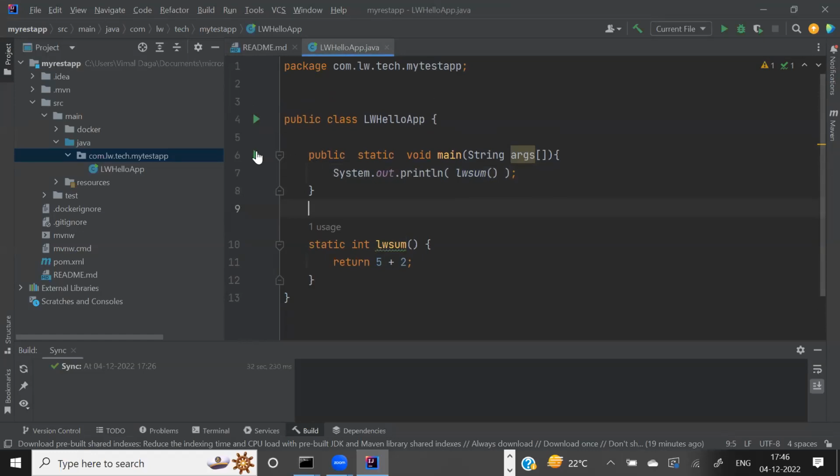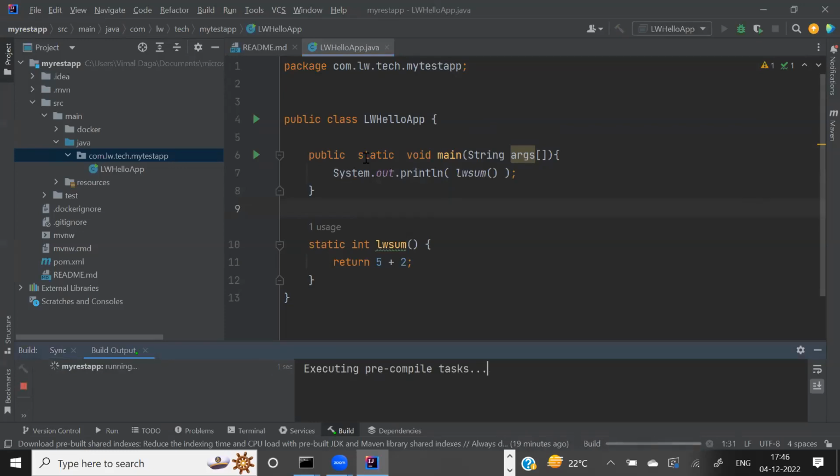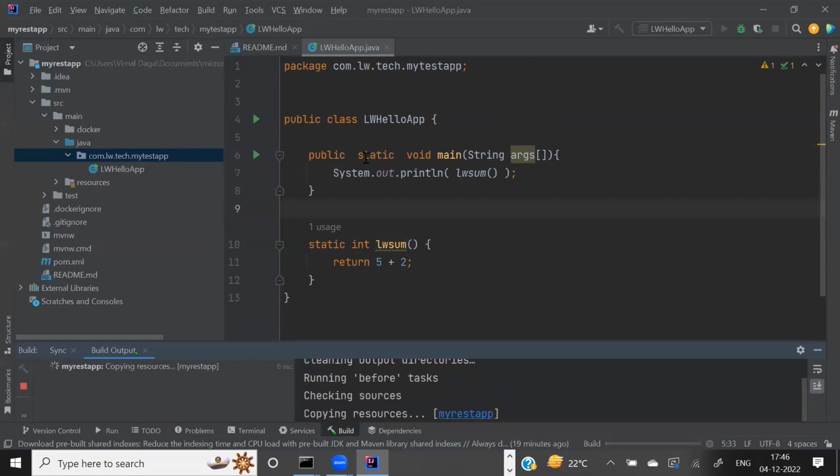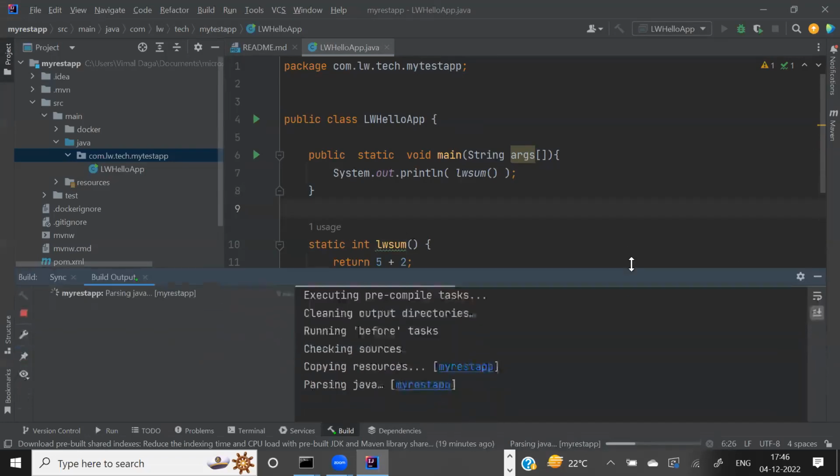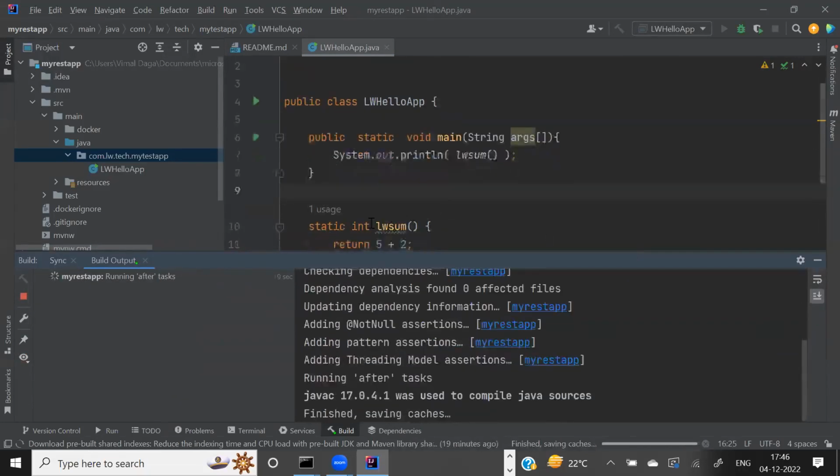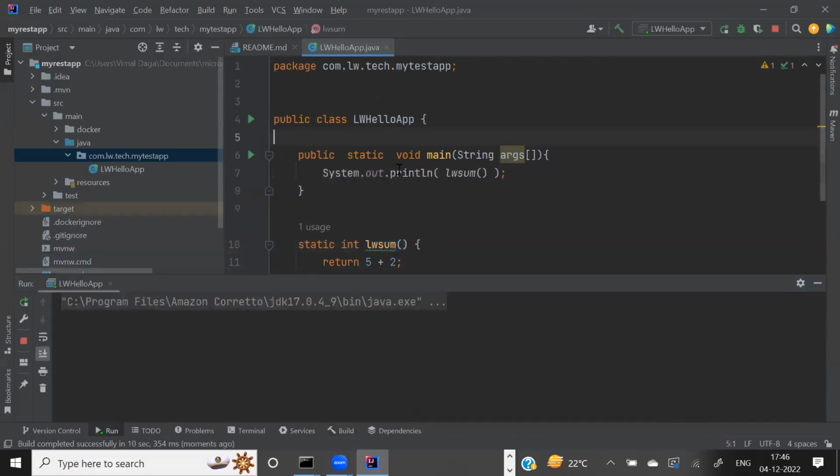Let's save this code. When I run it, it will compile and run the code for you. And you will see in a minute that this function has been called by another function on the same system, the same RAM, and on the same screen we get the output.